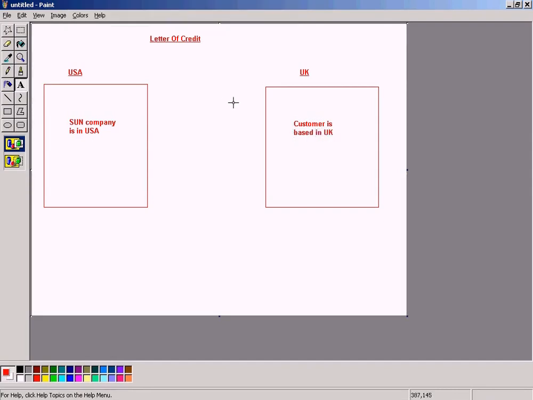So does this mean that you can't really trade with the customer outside of a country? No, it doesn't mean like that. That's where the letter of credit comes into the picture. Let me move this to the center. Yeah, okay. What the UK customer will do is that he will issue a